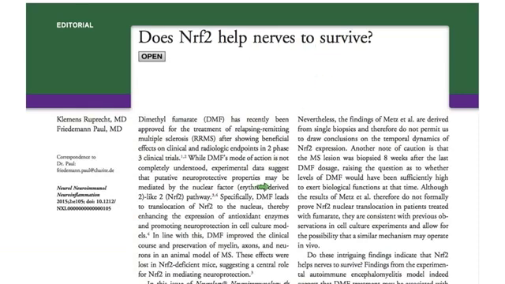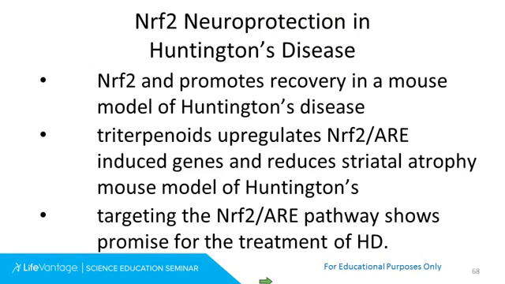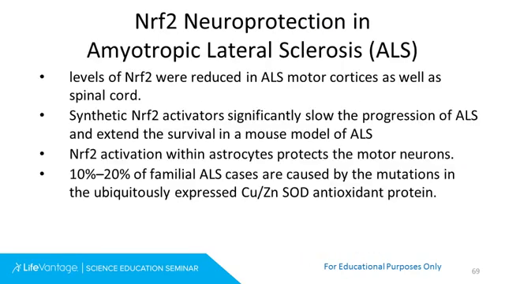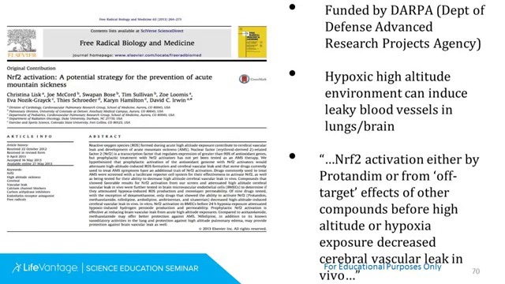It would appear so from all the research that's been done. And if you look at Huntington's disease, they've shown promise in the treatment of Huntington's disease with NRF2 activation. ALS, actively studies going on right now, and I had a phone call with a researcher from Duke University last week who wants to do more research with regard to NRF2 in ALS. So an active area of research once again.